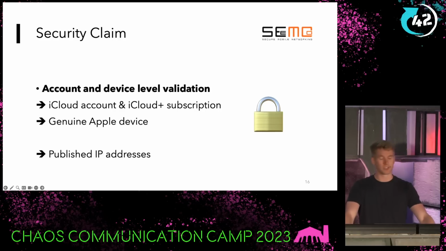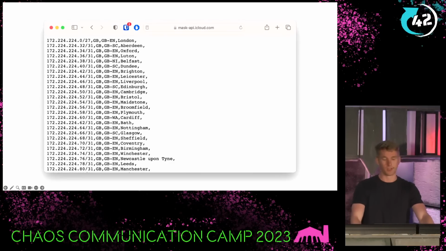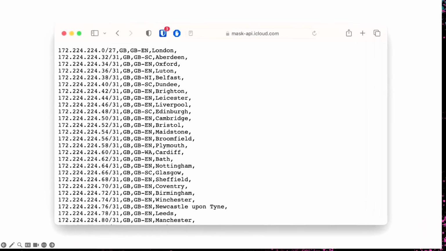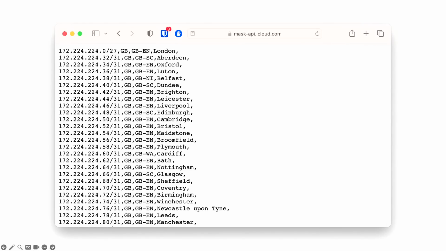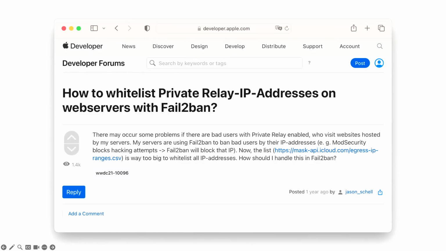So why is it interesting to look into that claim? These IP addresses are often used as anti-abuse measures by several websites, and Apple even proactively publishes all IP addresses which they use. So it is simply available as a CSV file, and you can see all addresses used by the service. So the problem now is that people started whitelisting all of these IP addresses directly in